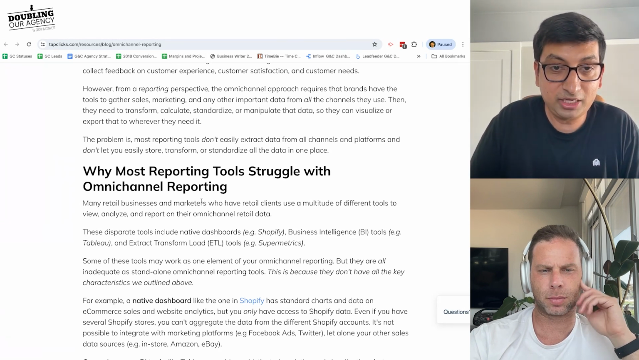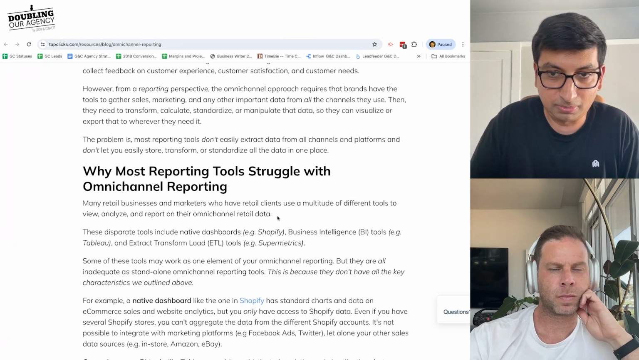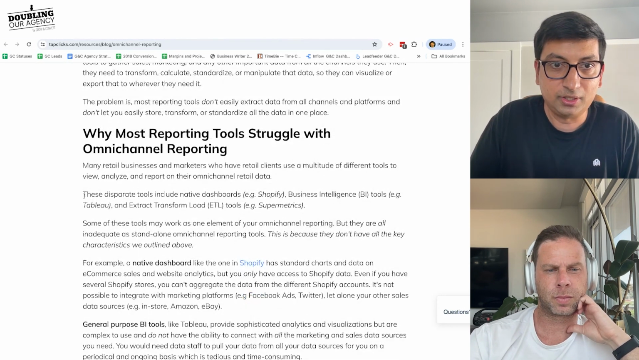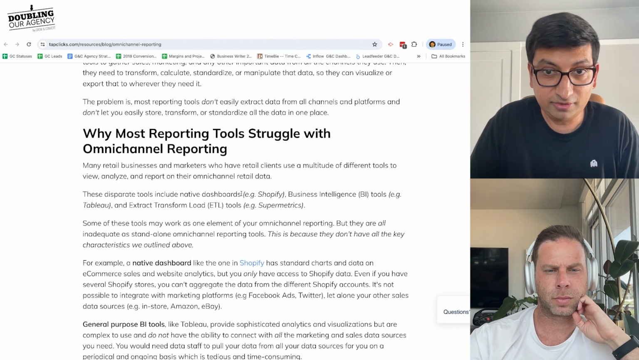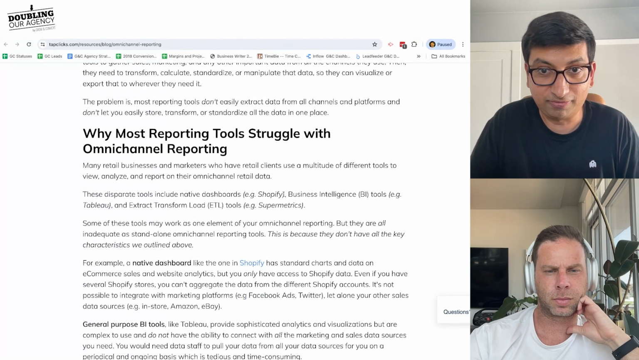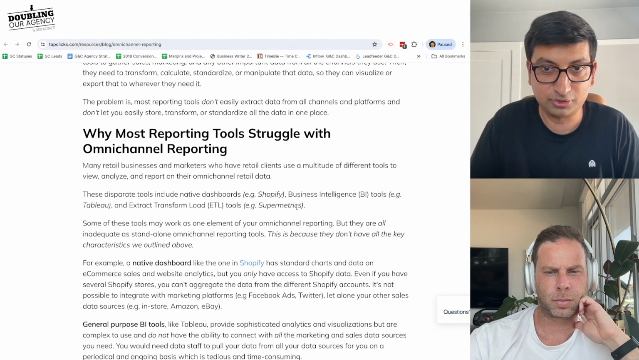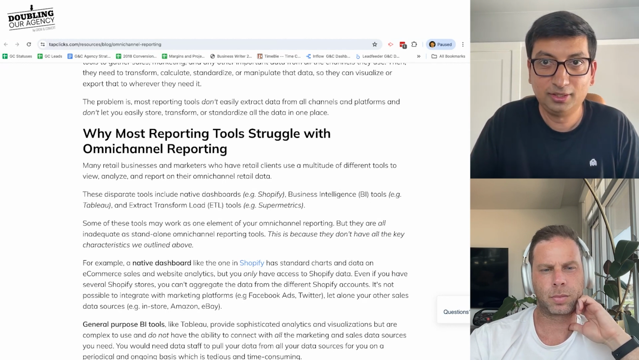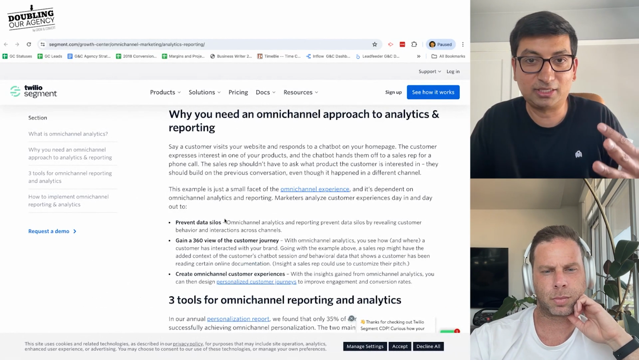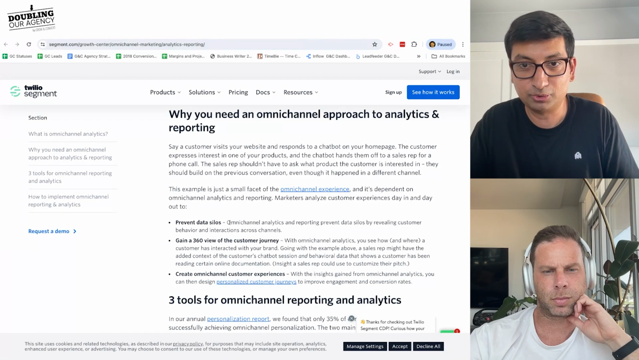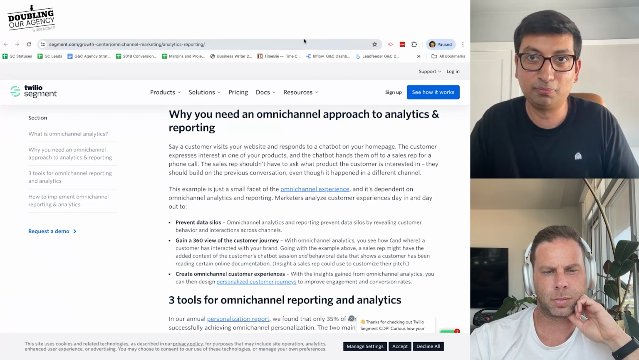So it says, many retail businesses use multiple tools, blah, blah, blah. I'm going to skip over that. These disparate tools include native dashboards, e.g. Shopify. God, I could even pause there and talk for 15 minutes about how important that is. Business intelligence tools, e.g. Tableau, and extract, transform, load, also known as ETL tools, Supermetrics. Instead of just saying omnichannel analytics is bringing in data from multiple channels,